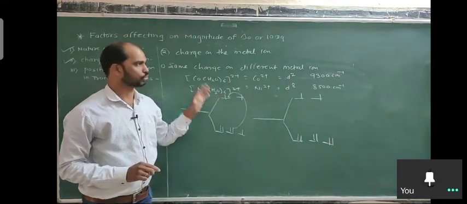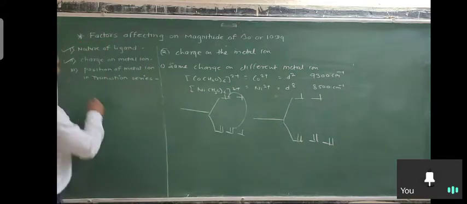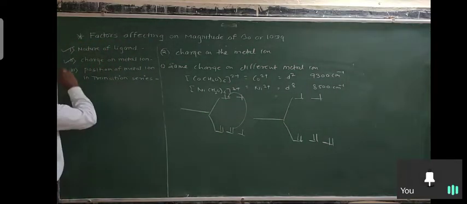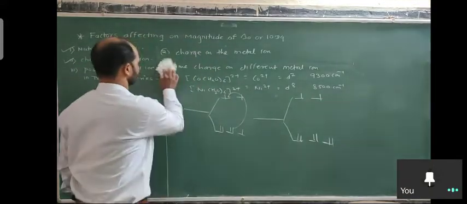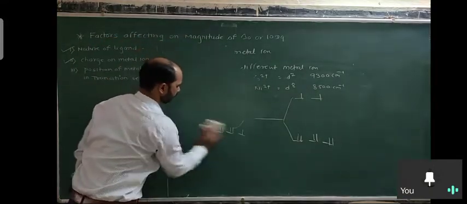So the second factor is the charge on the metal ion. There are three conditions we discussed here, and the third factor is